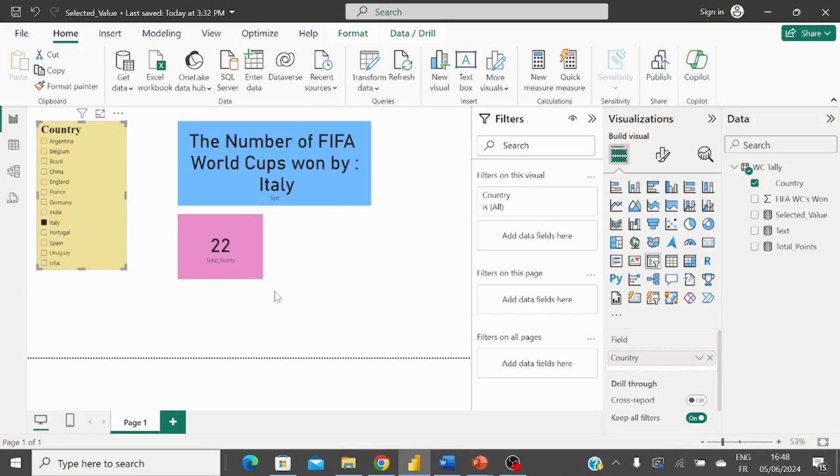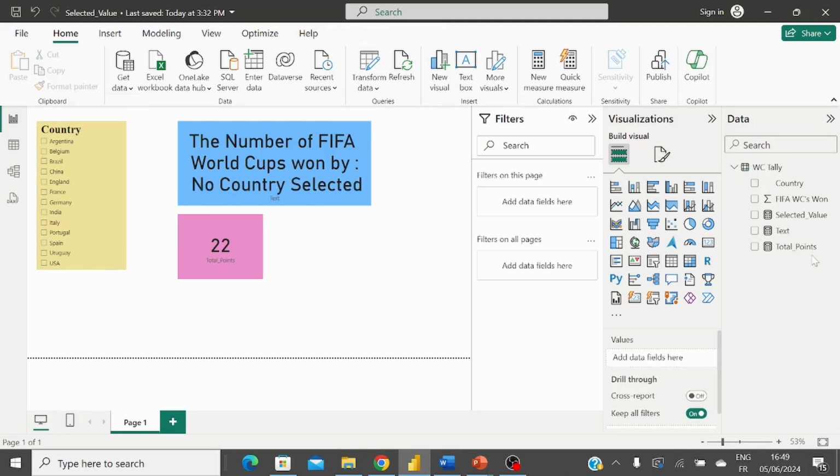We know that. But as you can see, the second card visual doesn't change because the kind of filter that we used for this total points DAX function is irrespective of whatever you select in the slicer. It will give you the total number of editions, or the total number of World Cups, that have been won so far. Now taking this a step further, we'll put in another card visual like this, position it like this,